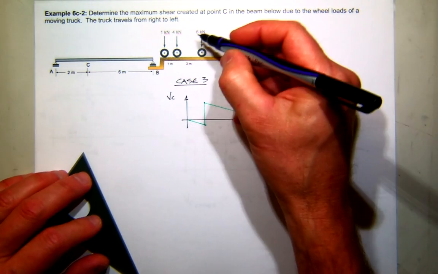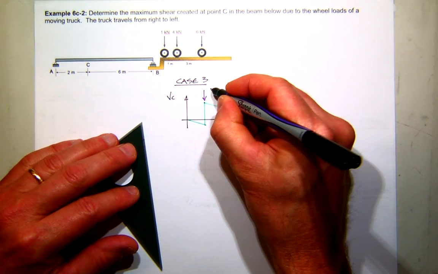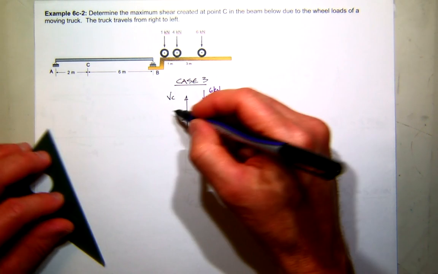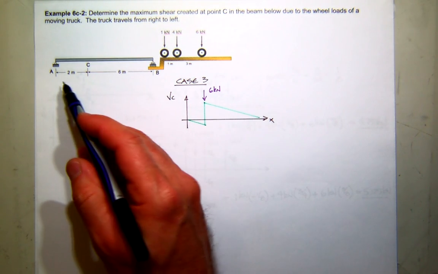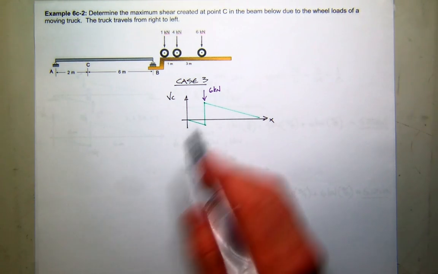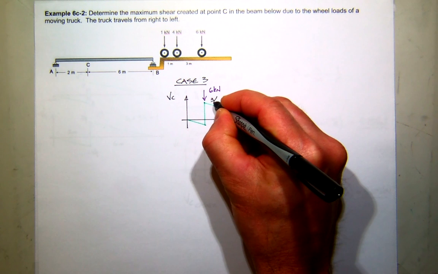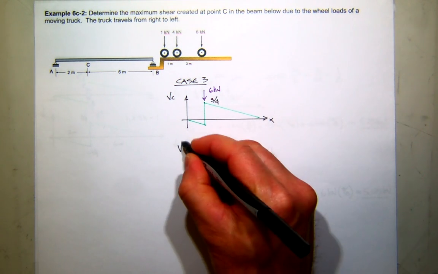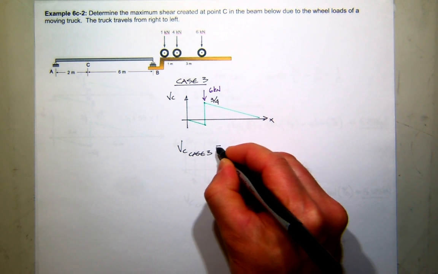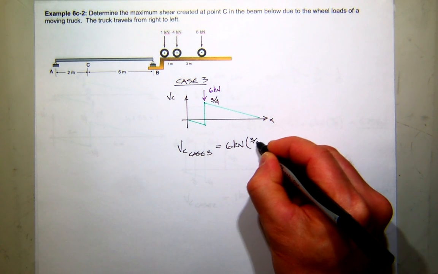So now the rear wheel will be at the top. That's the 6 kilonewton force. 3 meters forward, and what happens? We're off the structure. And of course, 1 meter in front of that, we're also off the structure. So that's the only force that's on the structure. We know the height of that is 3/4, so this is easy. The shear at C for case 3 is 6 kilonewtons times 3/4,